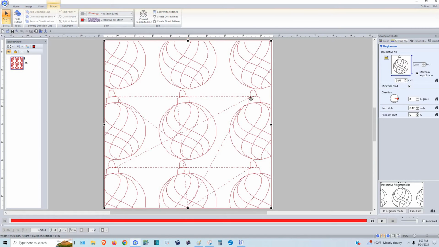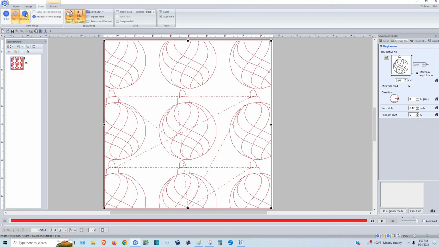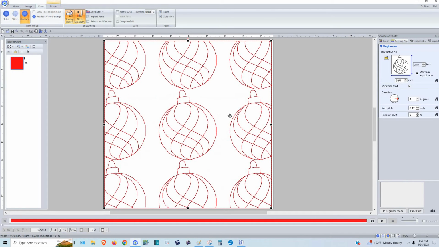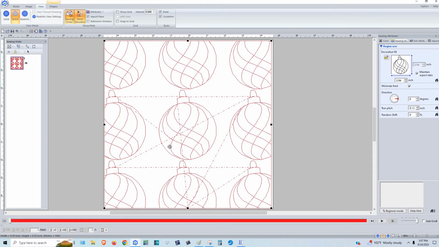Now you see all these dotted lines? That means that something is not connected. So it's going to stitch all these dotted lines. And that's using this view. So if you worked on this view, everything looks like, oh, hey, that's great. That looks like it's going to stitch wonderful. It's not until you click here that you see, no, that's not going to work, because when I stitch it,